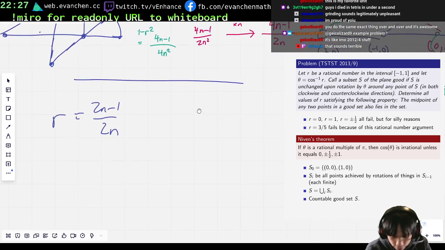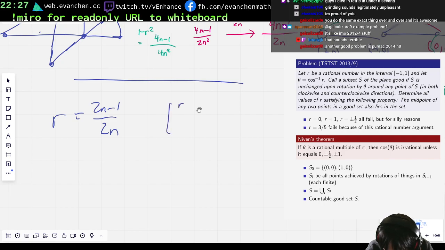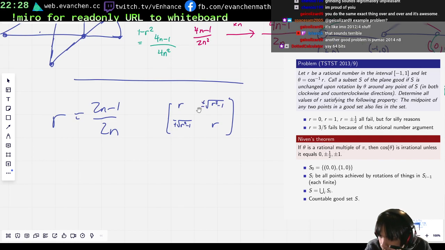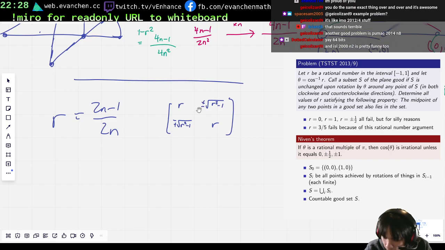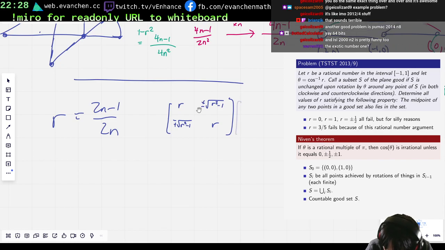Okay, let's zoom into here. Then again, my rotation matrix is r, root r squared minus 1 with a plus-minus sign, minus plus this. Alright. And when I multiply this by any displacement vector,